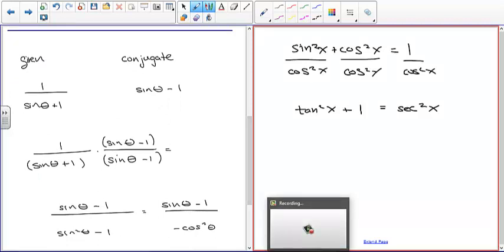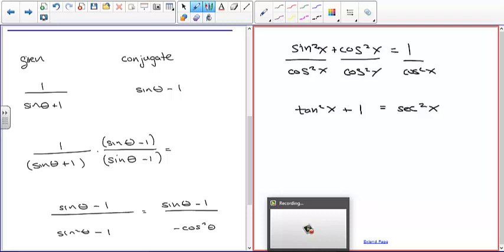So this is actually using the conjugate of a trig expression in terms of the denominator. So you might have, if I had the integral of 1 over the sine of theta plus 1, that's something that's not in our table. But if you multiply by the conjugate of the denominator, so we multiply both the numerator and the denominator by sine of theta minus 1 instead of sine of theta plus 1, what will happen is you end up with